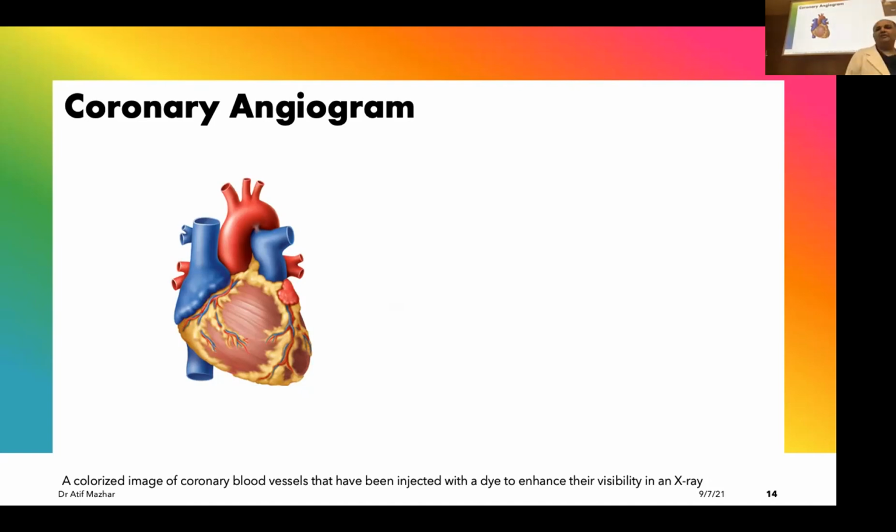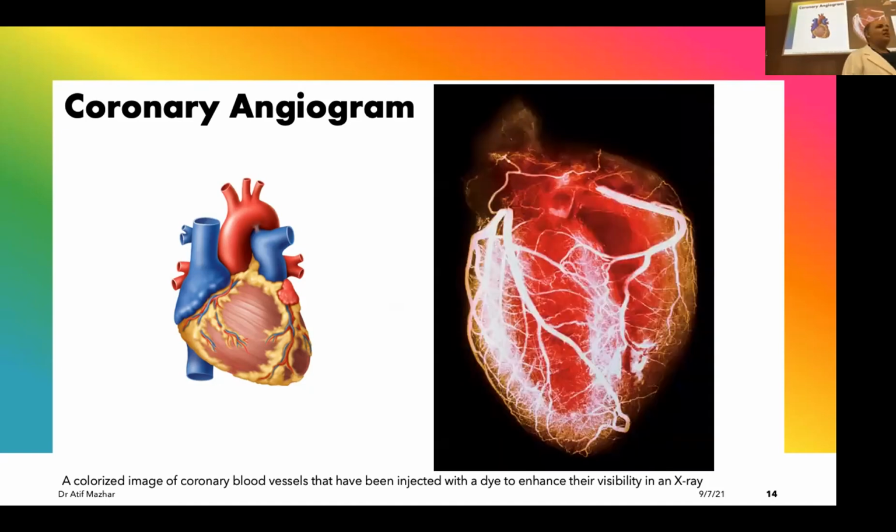So how do we see it? There is a technique: make a contrast. Angiography is a special type of technique, and you can see this meshwork, this whitish stuff, all these coronary arteries and their branches, how they make a meshwork around my heart through the right and left coronary arteries. Are we good so far?